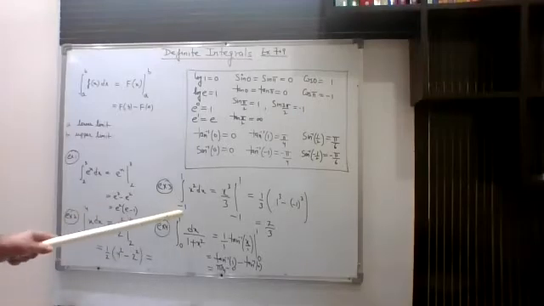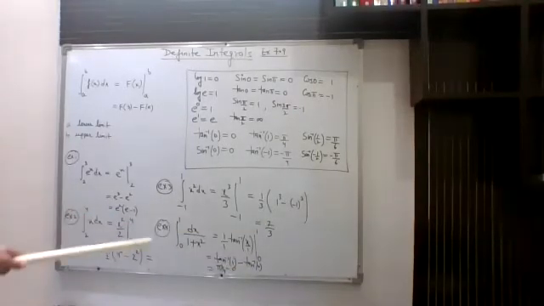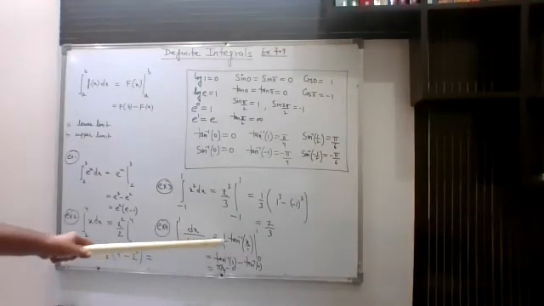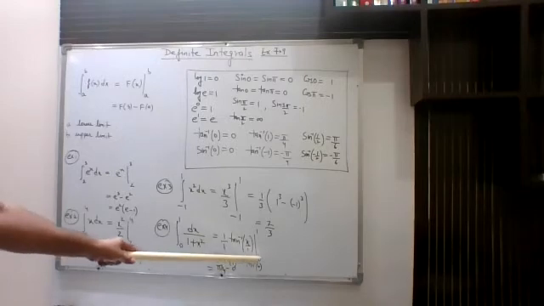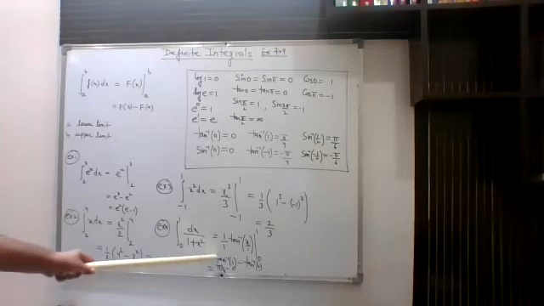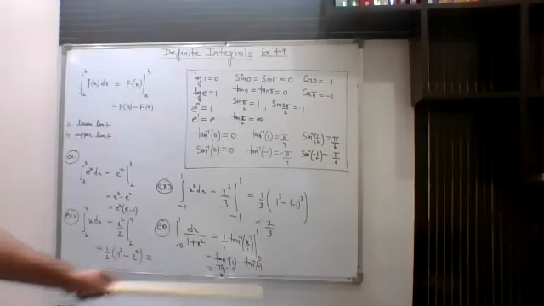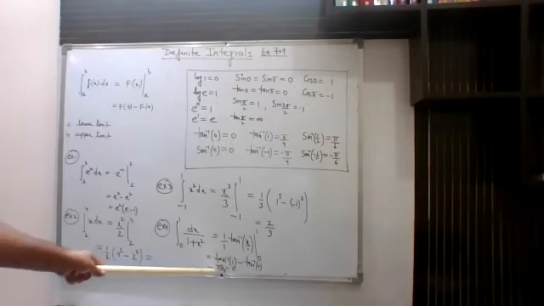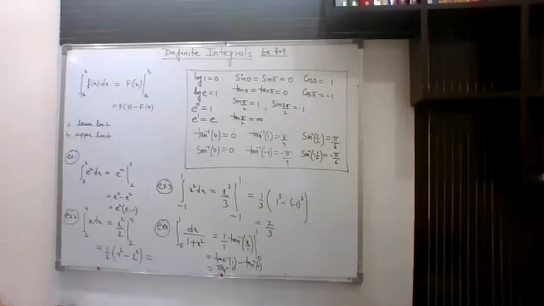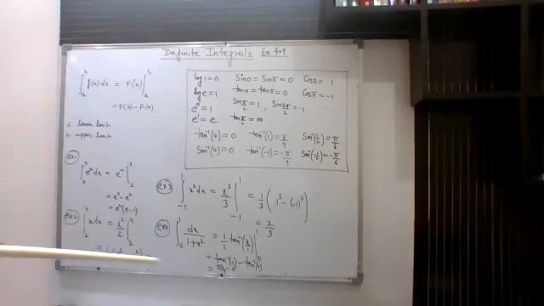So here the answer will be 2 by 3. And for this one, it is 0 to 1 dx upon 1 plus x squared. So as per formula, it is tan inverse x upon a. Limits are running from 0 to 1. So we had just substituted the upper limit, tan inverse 1 minus tan inverse 0. So tan inverse 1 is pi by 4. tan inverse 0 is simply 0. So finally your answer will be pi by 4. Let me give you some more examples so that this concept becomes clear.